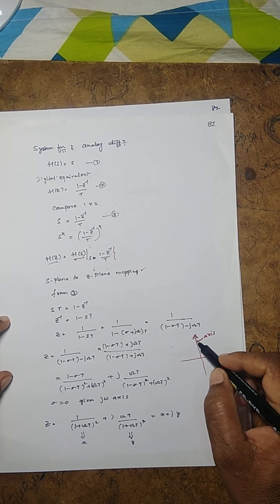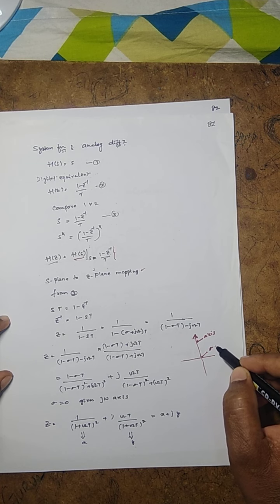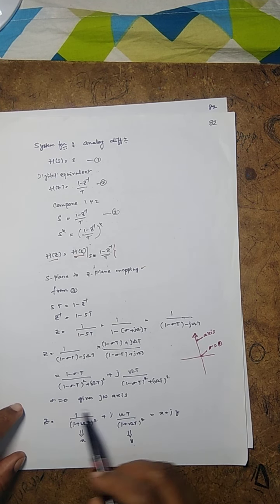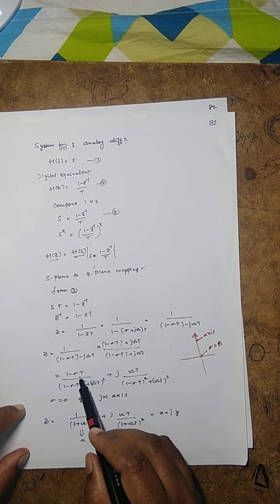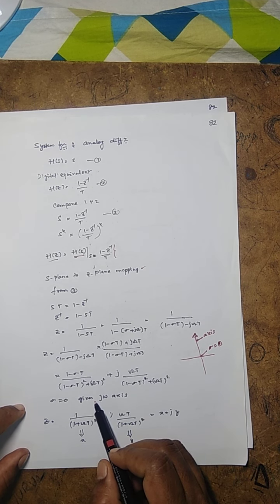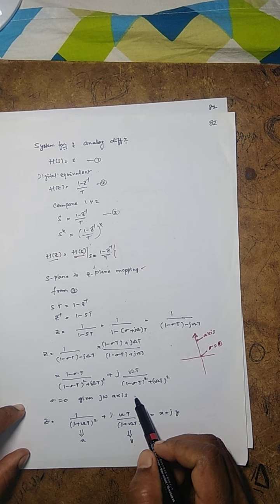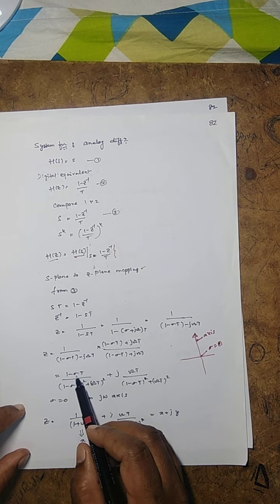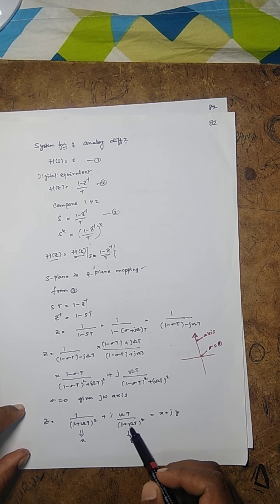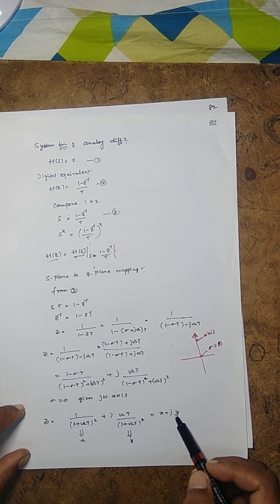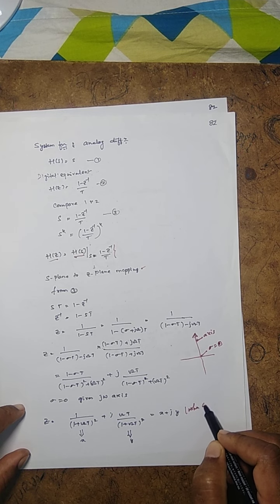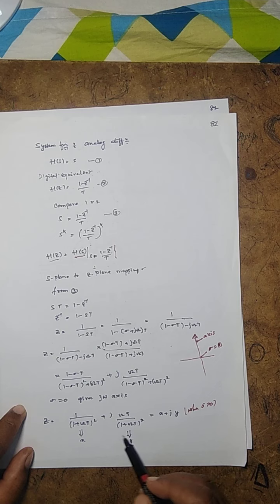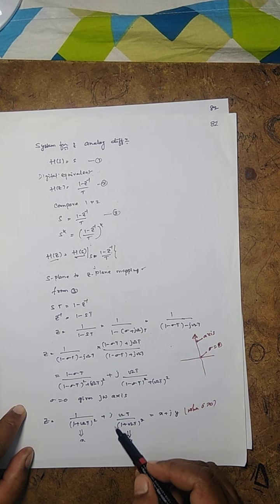So what is this axis? On this axis the sigma value is 0. So I'll substitute σ = 0 in the above equation, which gives you the jω axis. Z is given by 1/(1 + jωT) when σ = 0. I call this whole term x and this whole term y.